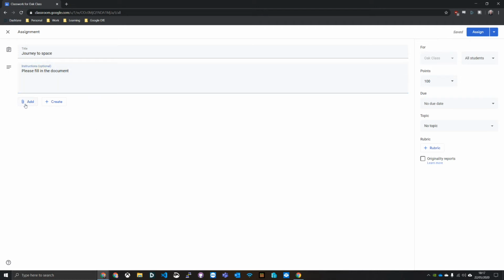We can add the document here from our Google Drive. Any documents you upload or create in Google Drive will automatically be available for you to upload. You can add a link to another website, maybe some reading material or a Wikipedia article, a file that's on your computer. You can also add a YouTube video, so maybe a documentary clip for them to watch as part